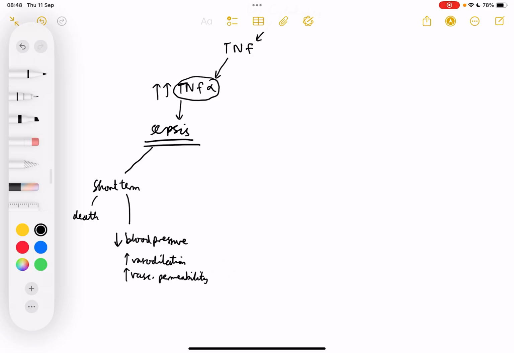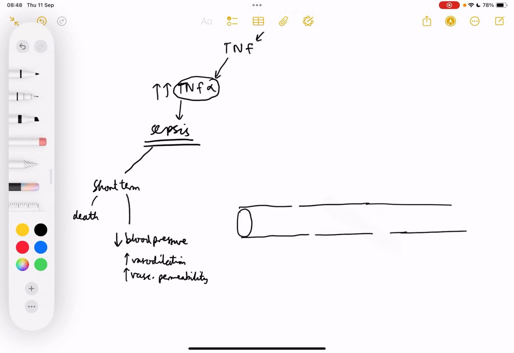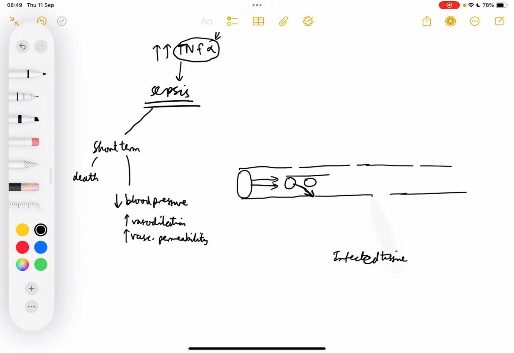But in the case of vascular permeability, it's actually quite a struggle for leukocytes. So I'm drawing it like this, but there should really be gaps on the top as well. But if this is our site of infection, as the blood flows through these vessels, the hemodynamic forces on all of the leukocytes inside them are very high. So they're more likely to be pushed along this way, and they need a lot of force to be able to overcome it and then deflect off that flow to come out through these. And this is why vascular permeability, that means increasing the gaps in these or just making it easier for them to push through these,